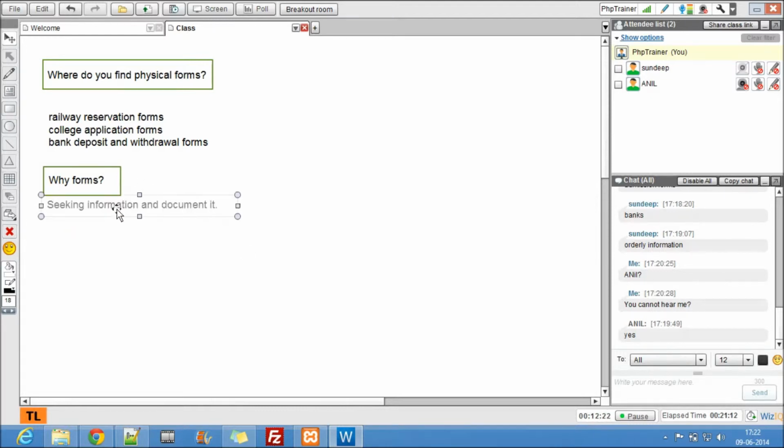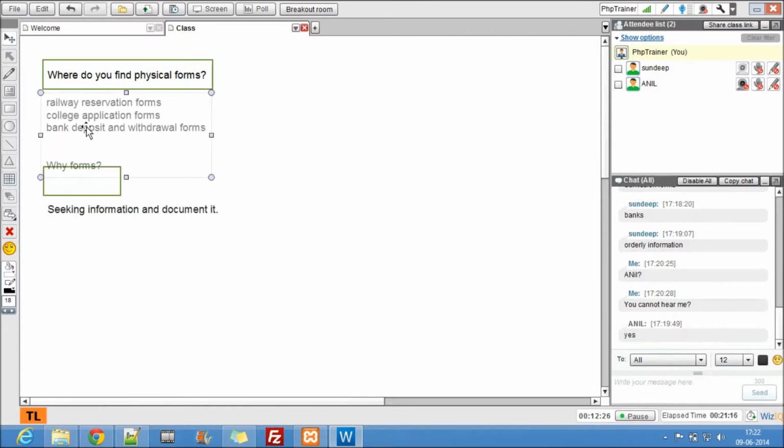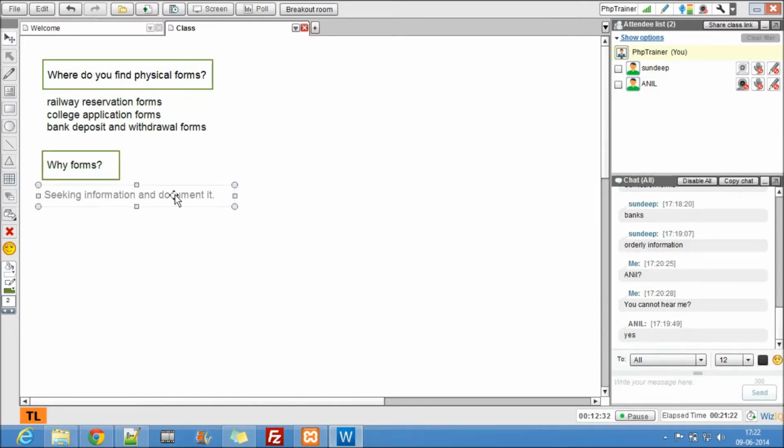This is the reason we need forms. Now everything looks fantastic. So we have now come to know where we use physical forms and why we need those forms, right? Everywhere you want to give information, there's a form, and that's the best thing to do.